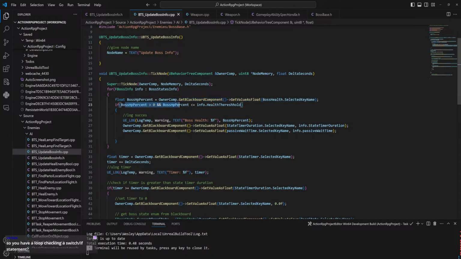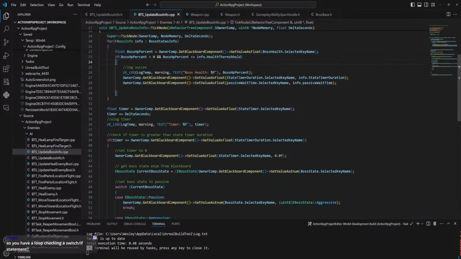Then it compares that to the values one by one in the loop, and if the boss's HP percentage is below the percentage given in any of those structs, then it applies the other two values in those structs to the corresponding keys so that the AI tree can do its thing. That's the theory anyway.